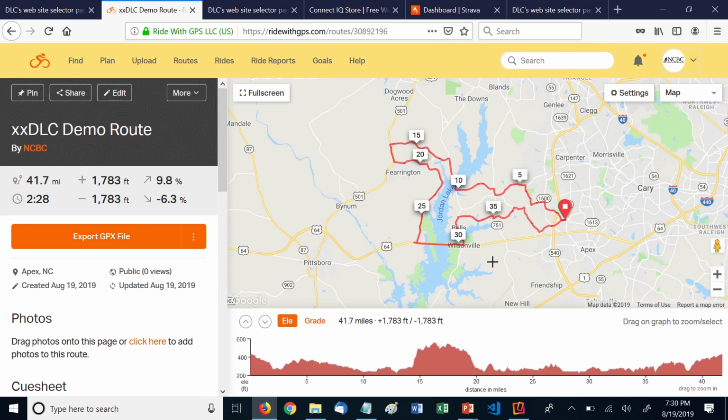You can say view your route right here. And so here's our newly created route. If you had a starter account, this is all you could do. You could create a route, you can share this, but you can't add anything to it. But even then, this has some good